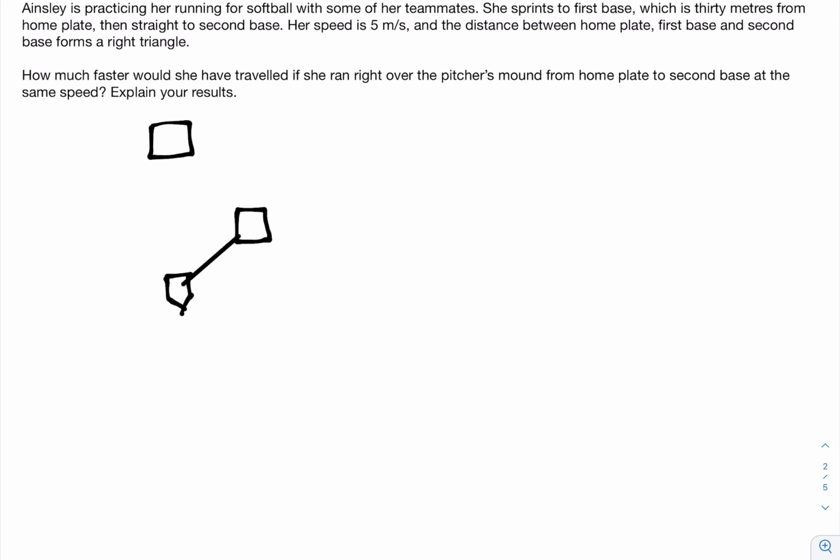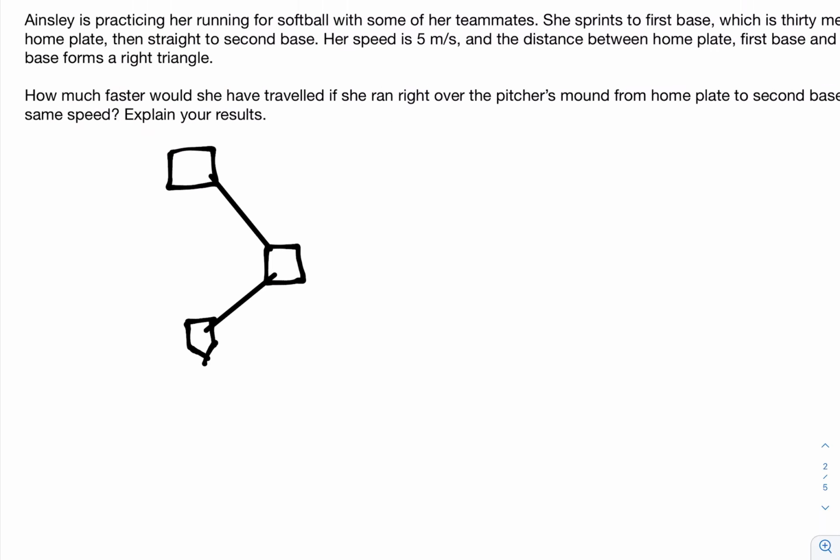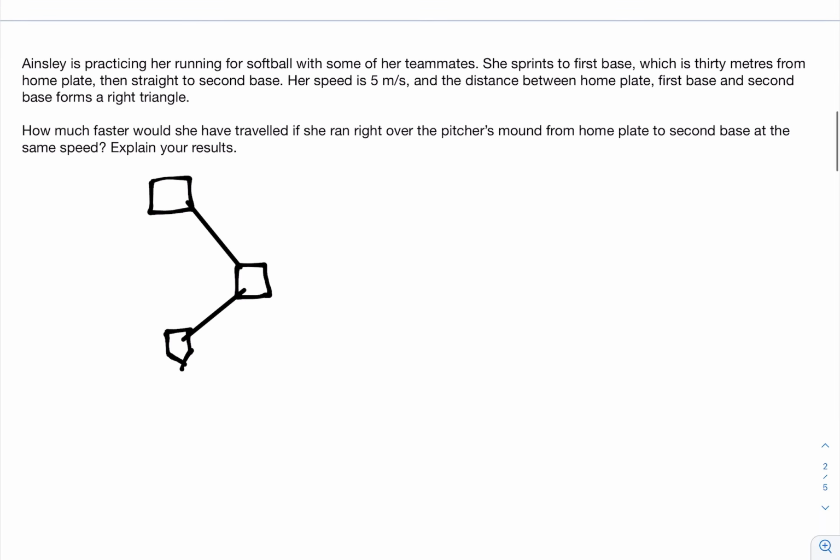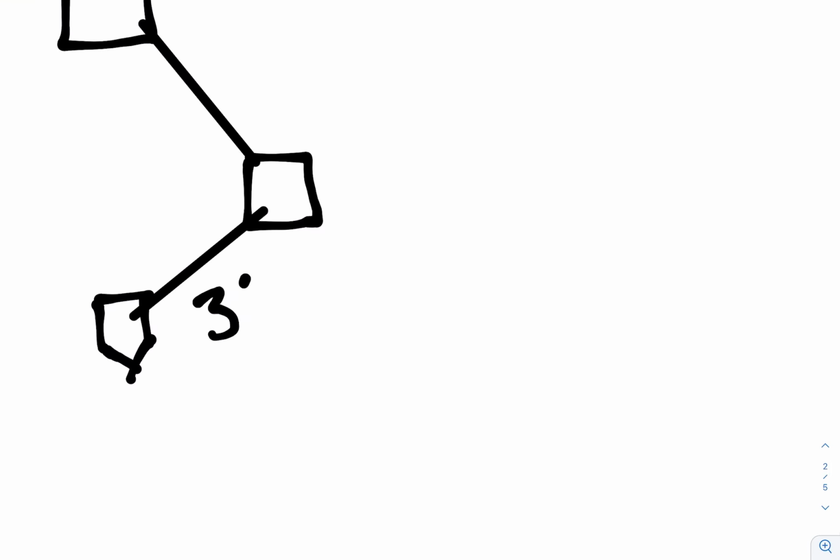They're telling us that from here to here to here is the same distance, and it forms a triangle that is a right triangle. Right? They told us it was a right triangle. So if this forms a right triangle, and we know she's traveling 5 meters per second and the distance to get from home plate to first base is 30 meters, that means that this is going to be 30 meters,